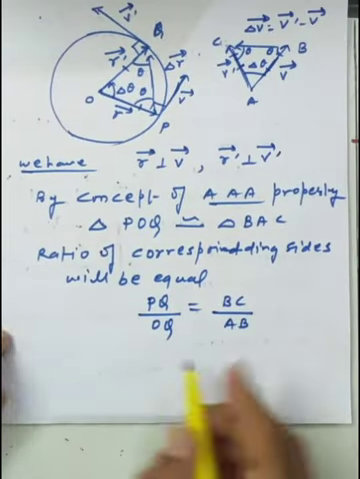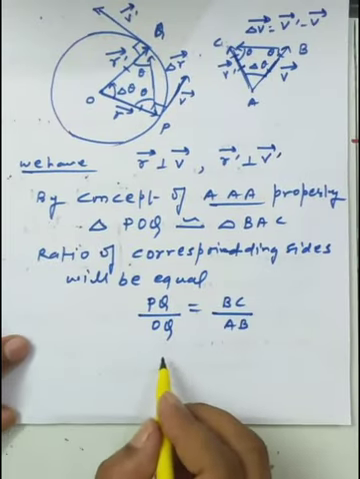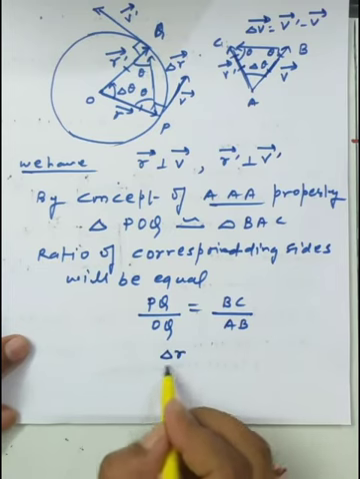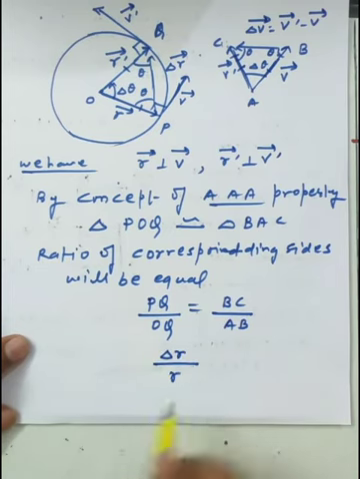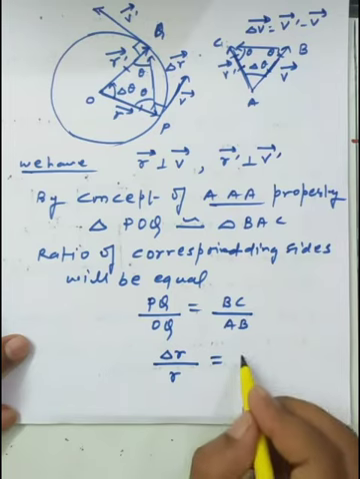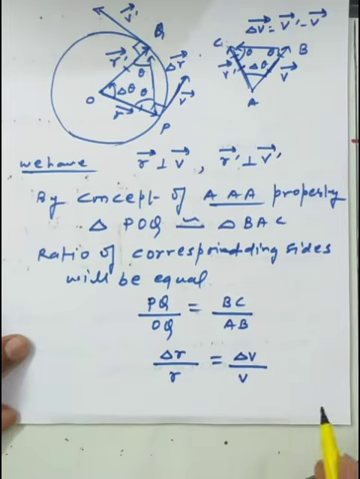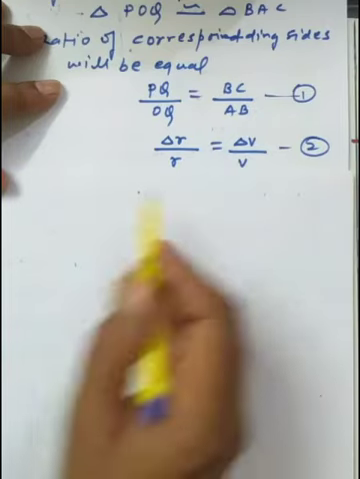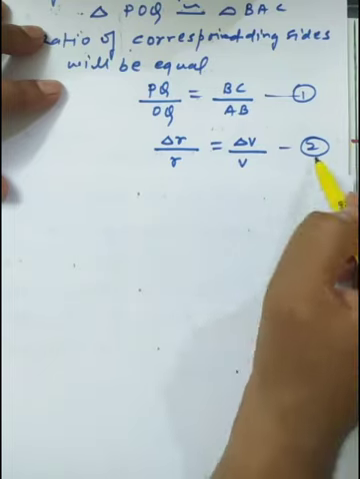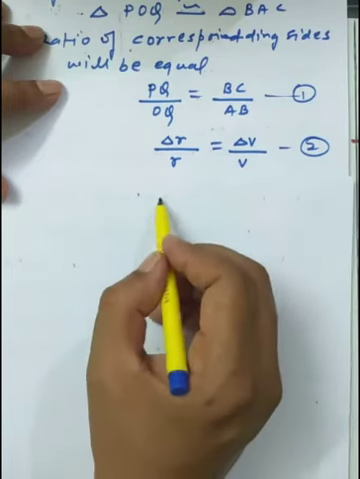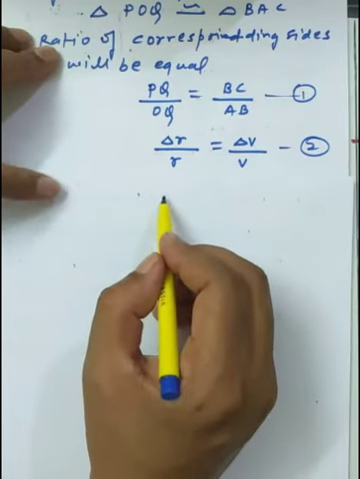Now we are just giving the proper representation. So PQ is to be represented by the delta R, and OQ is nothing but simply the radius vector, that is called the R vector. BC is equal to the change in velocity, and the AB is the velocity vector. Okay. Now we are just separating. So the general two equations we have, equation number 1 and equation number 2. Now I am just separating the